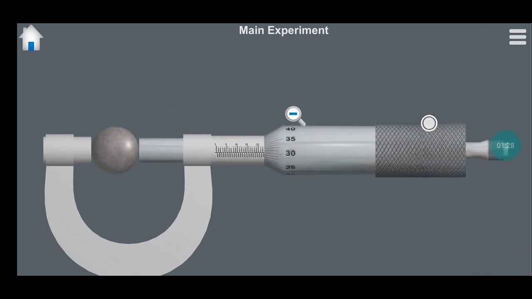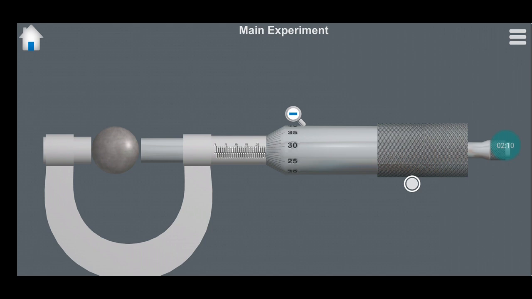You know that the least count of screw gauge is 0.001 centimeter. In the previous video I have discussed pitch. Pitch means, in one rotation, like if we see right now it is at 30, if I rotate it and again reach 30, how much distance it moves, that is called pitch. So the distance the screw gauge moves in one complete rotation is called pitch. Generally in our school labs, the pitch of that screw gauge is 1 mm.